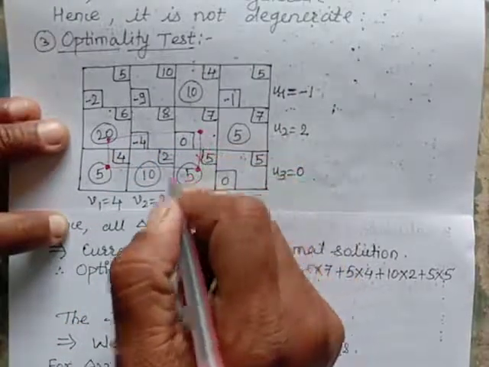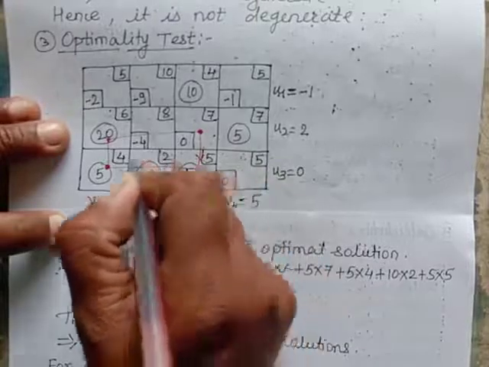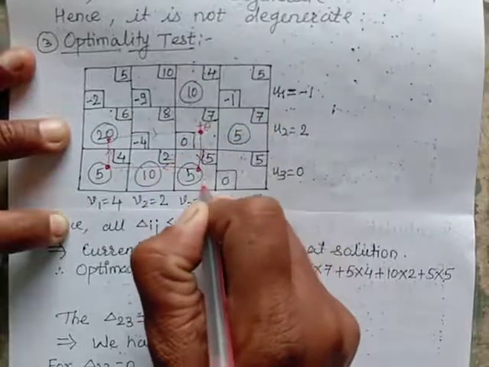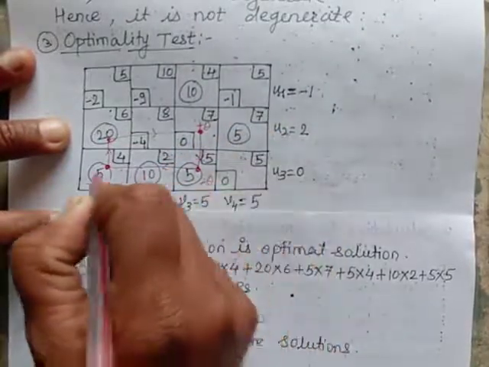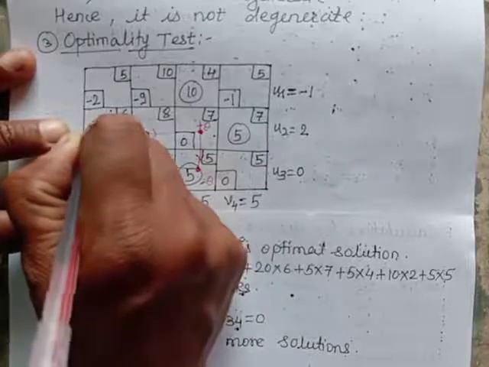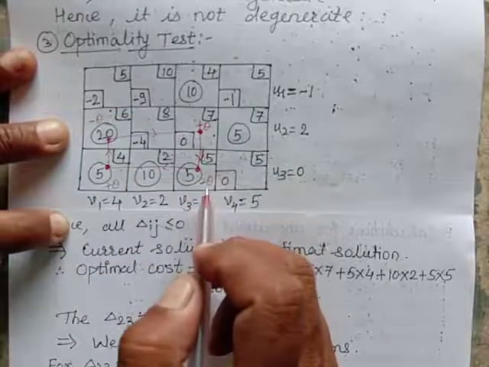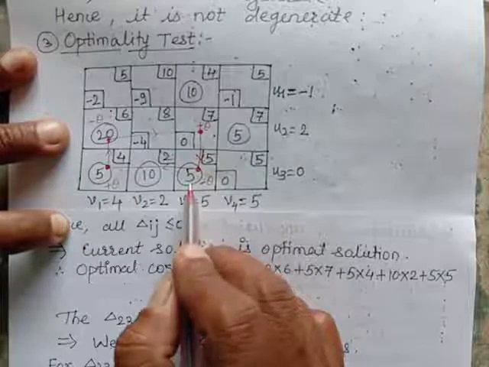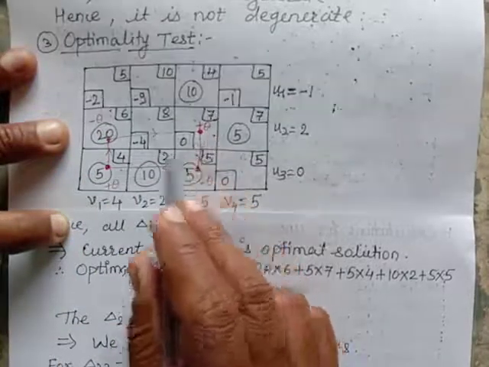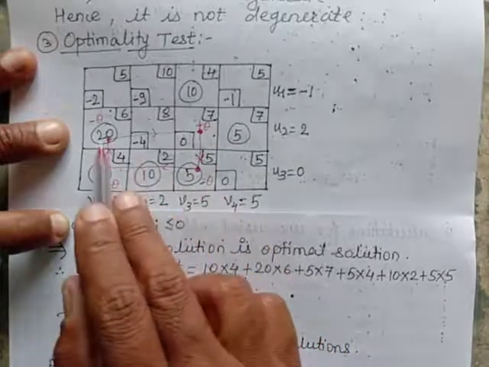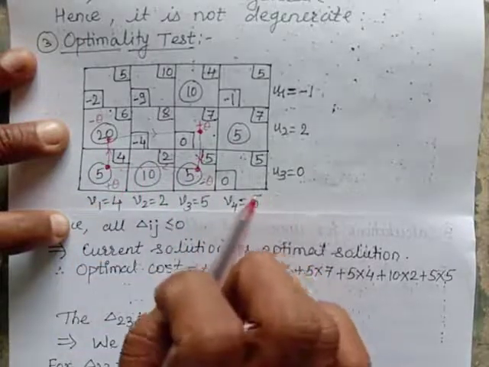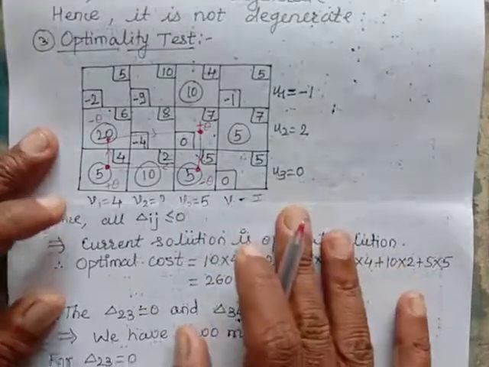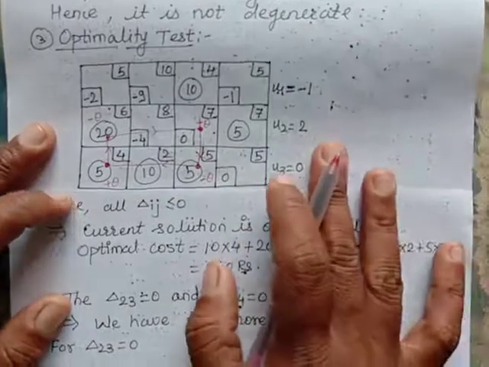So here I haven't taken this. Here in this side I am going only. Now here I am writing plus theta, here minus theta, here again plus theta and minus theta. You know, for new allocation we are taking minimum of minus theta. So minimum of minus theta is 5. So we will add that 5 at plus theta position and we will subtract that 5 from minus theta position. Remember that thing. Now let me prepare a table and I will write those things here.